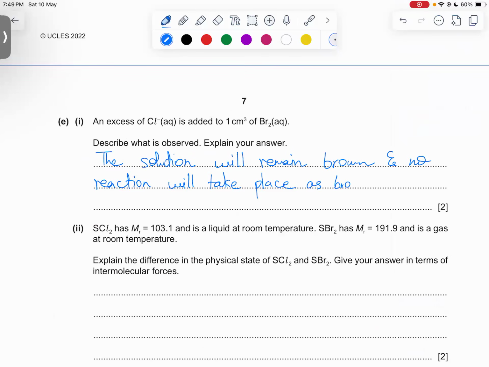take place as bromine is less reactive and cannot displace chloride from its aqueous